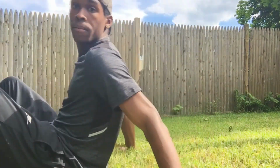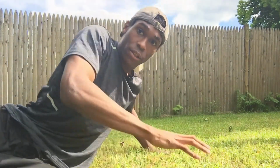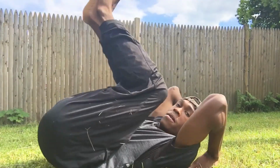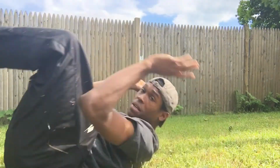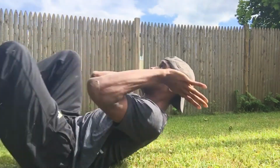The backwards roll is a little bit different because as you go backwards, the same way that your hands are planted in the forward roll, planted in the ground, you want to make sure that as you go, your hand gets into a position that allows you to push off. If anyone's done a kick up or anything of the sort, you'll know exactly what I'm talking about. So a backwards roll is literally just